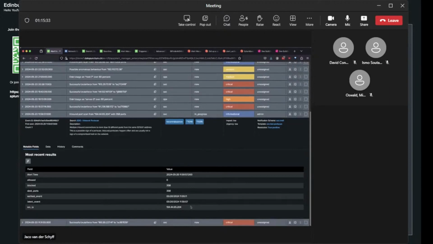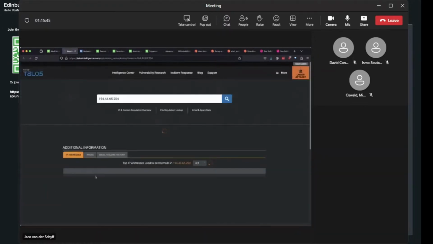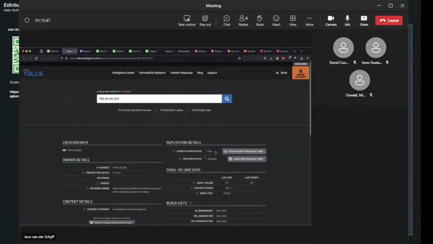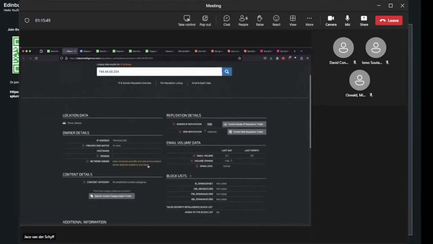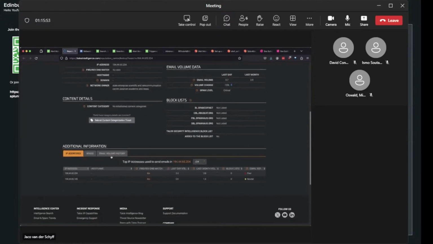For this example, I have a notable field for a source IP. And here I have the Cisco Talos and the VirusTotal lookup as a workflow action. So my analyst can just click on these, and here I bring in additional information. Here you can see the sender IP is poor. Maybe it appears on some blacklists.